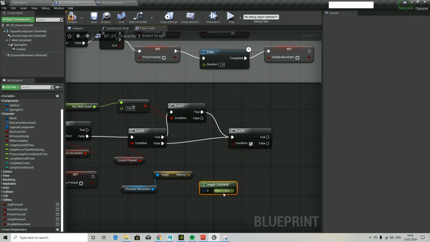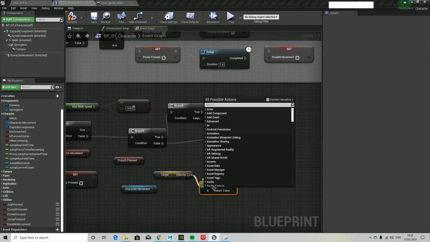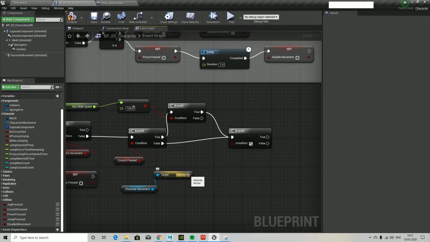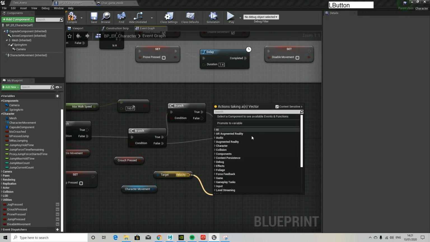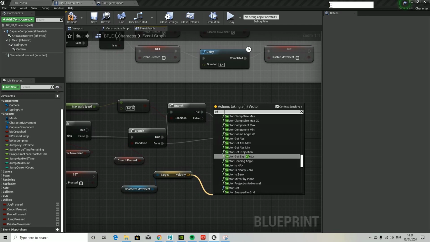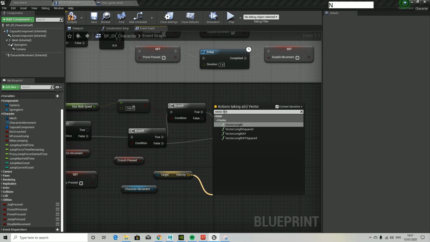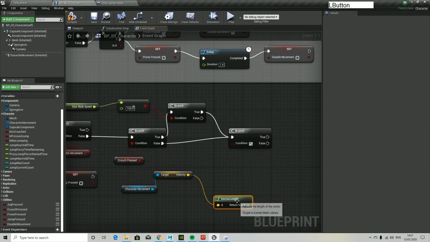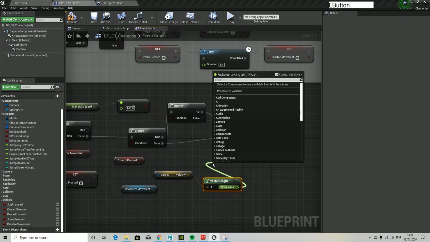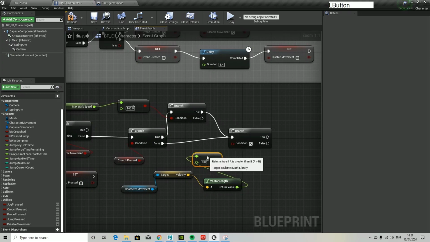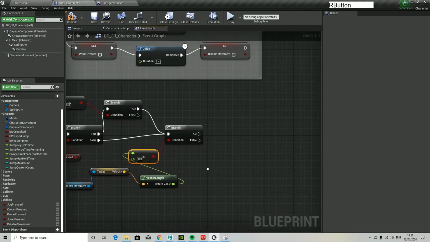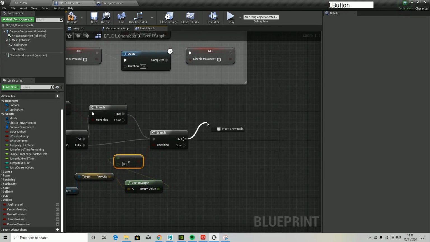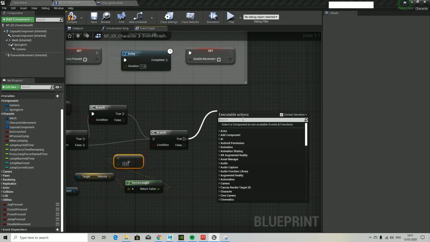That's not correct. So it's automatically cut off that branch because it doesn't make any sense. So it's kind of helping us. I'll just turn back on context sensitive to help myself. Okay, so again, this is a node I'm not particularly familiar with. So vector length, it's going to have to be greater than or smaller than. I'm not entirely sure what vector length is, but it's to do with one of the transform values. So if it's greater than 0 and it's true,